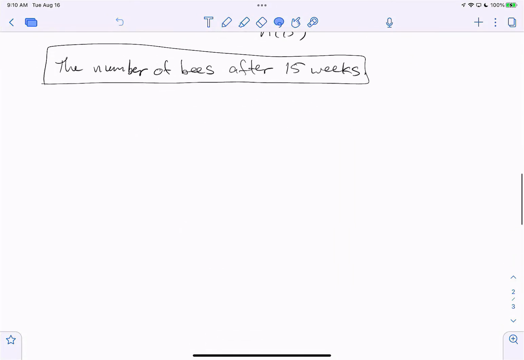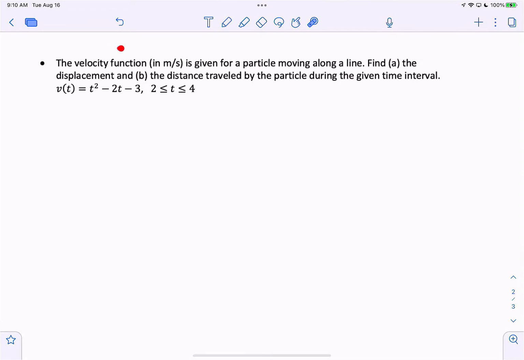This next one will either help understand more or make it more confusing. The velocity function in meters per second is given for a particle moving along a line. That velocity is v of t equals t squared minus 2t minus 3 for t going from 2 to 4. We're going to find two things: the displacement and the distance traveled by the particle during the given